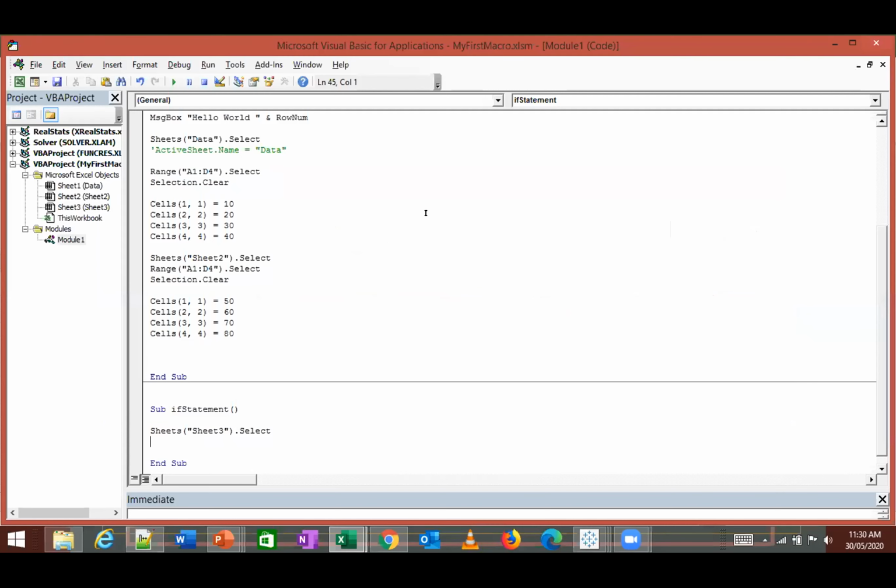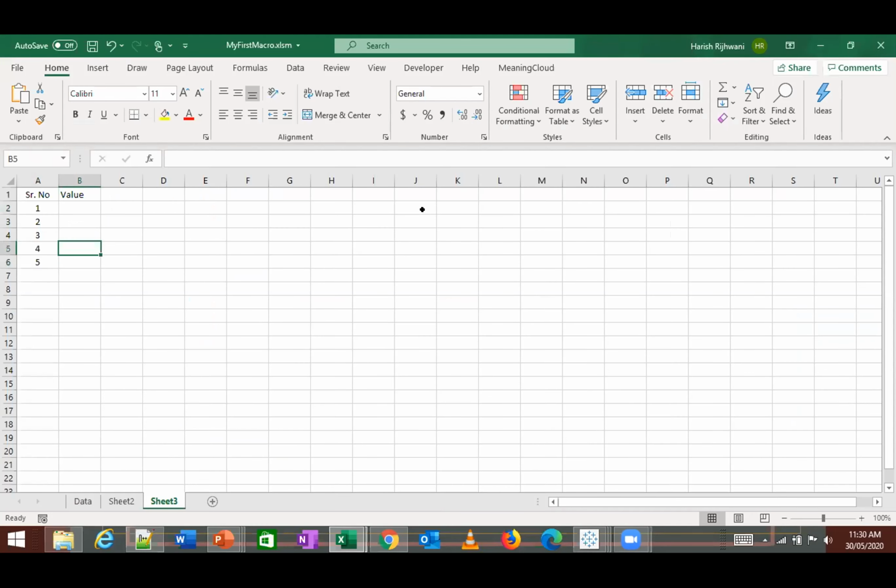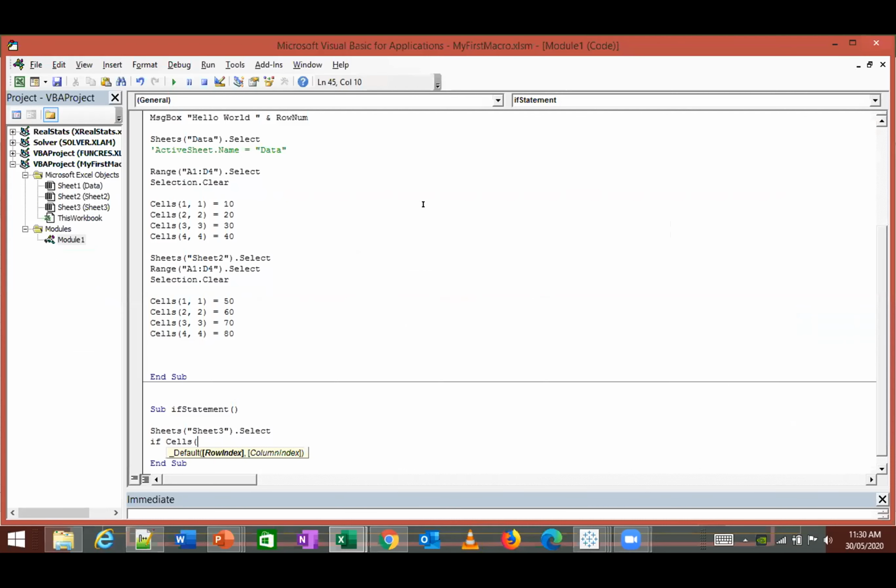So I'm going to write an if statement, if cells of, so I'm going to hard code that value. So this is 1, the row number is 2, column number is 1. So the cells, the row number 2, comma 1 equal to, so let's say if it is greater than 0,